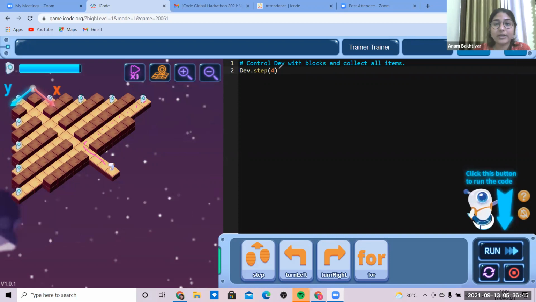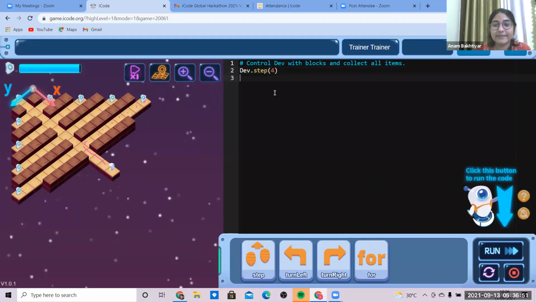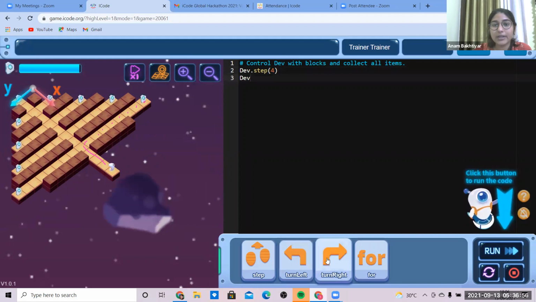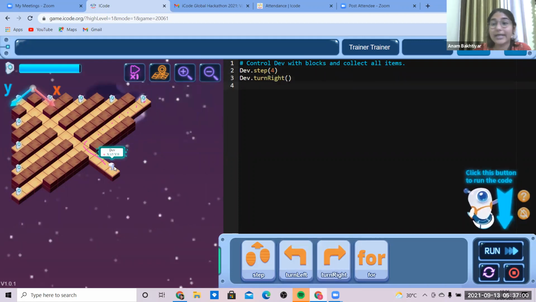Now let's do it one time. Dev is going to take 4 steps. Dev is going to turn towards right. So Dev dot turn right. Then after turning right, Dev has to take 8 steps.